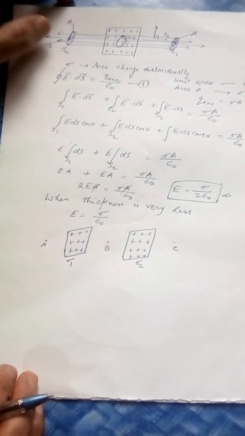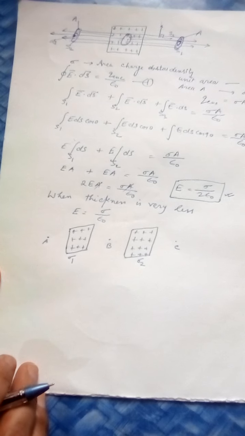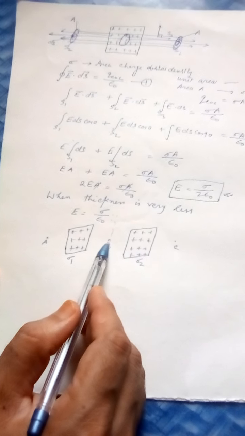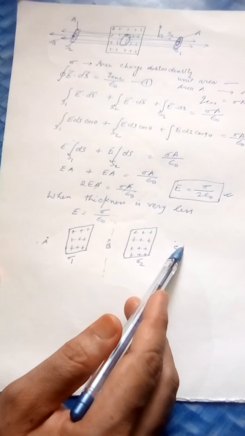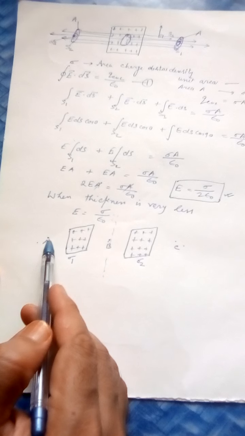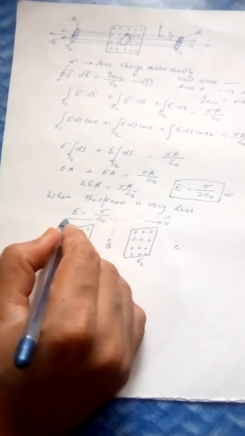I will give the idea of how to solve. Now listen, students, how to solve this question. Suppose I am taking some imaginary line passing through this, and the left side is taken as negative side and the right side is taken as positive side. Here I am taking the origin, and the distance measured to the left side is taken negative and to the right side positive. On the right side I am taking unit vector r cap, and of course on the left side it will be minus r cap.